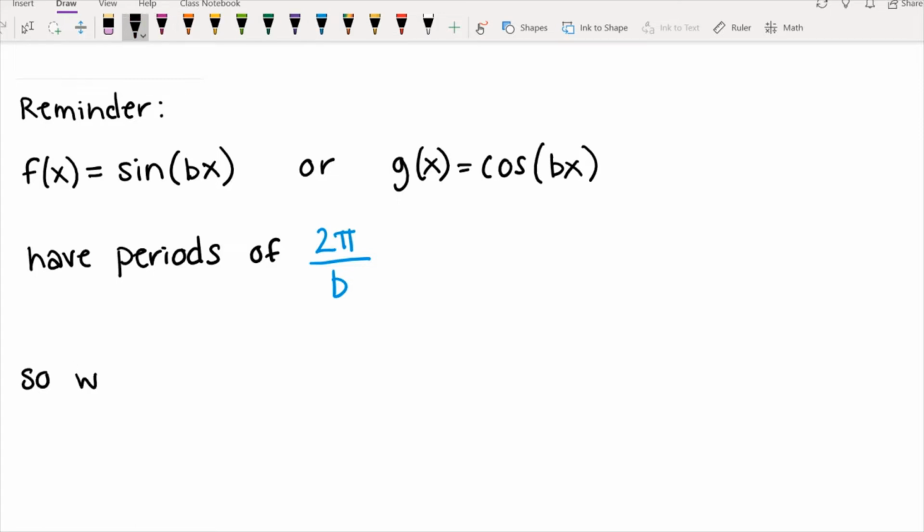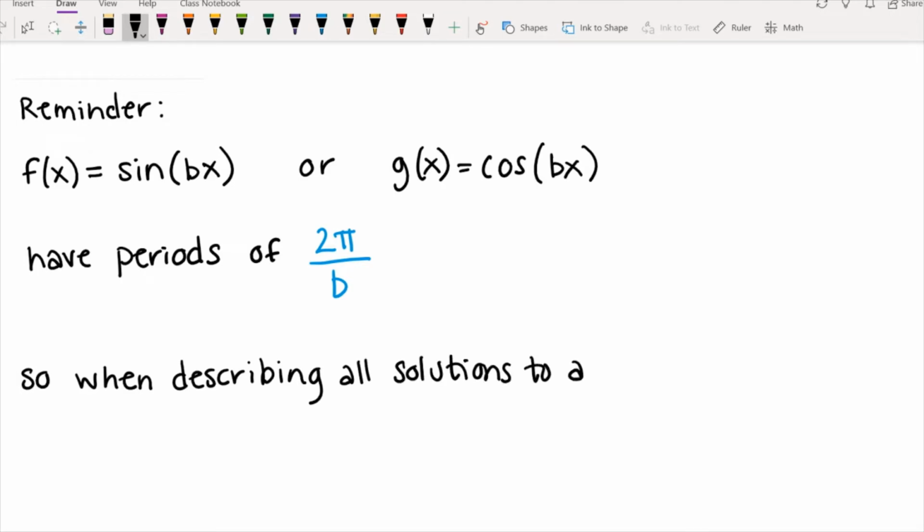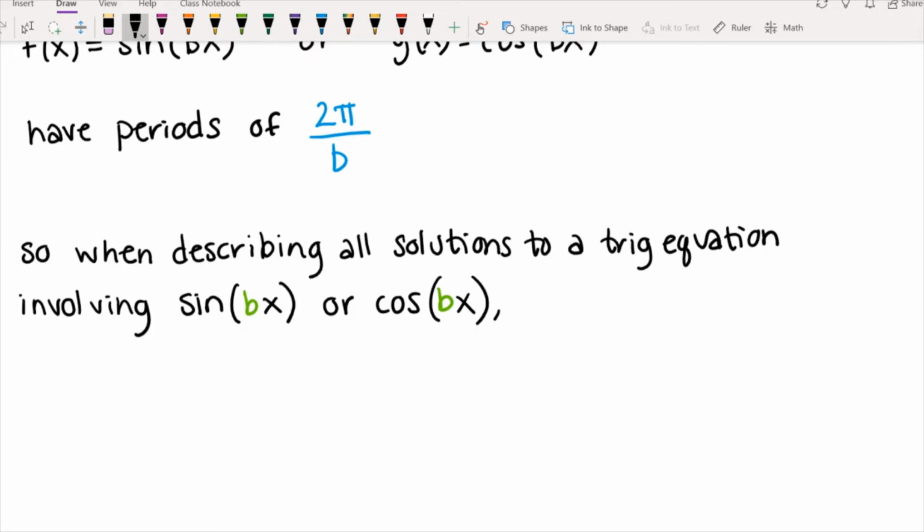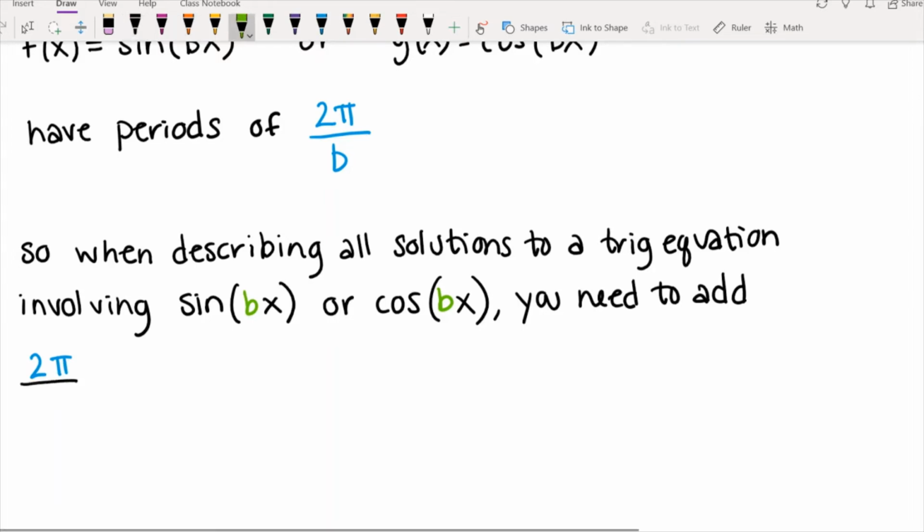So let me just write that down. When describing all solutions to a trig equation involving sine of bx, and maybe let me throw in some color here, or cosine of bx, you basically need to add 2 pi over b, as we said up here, times k to each